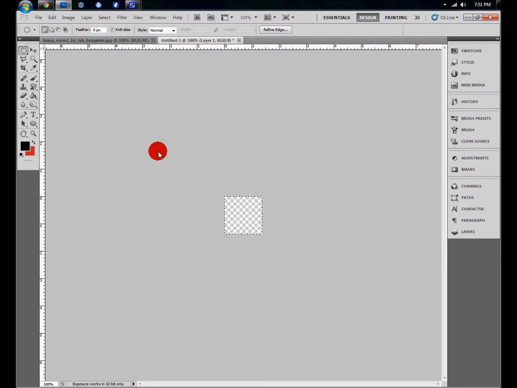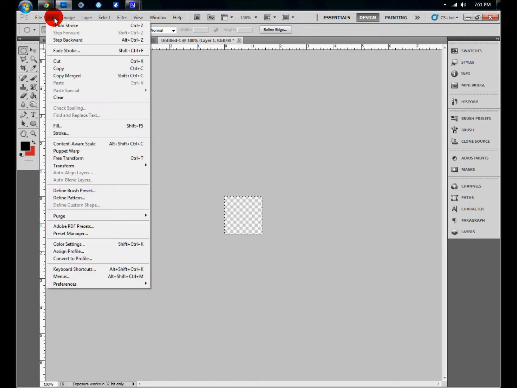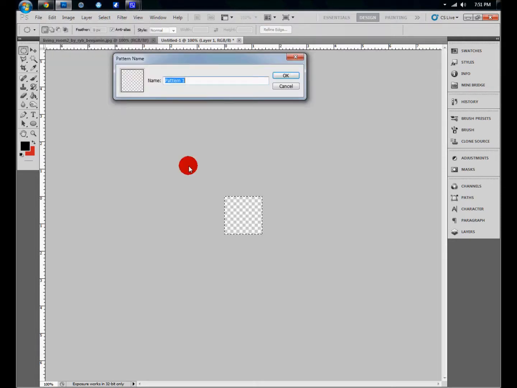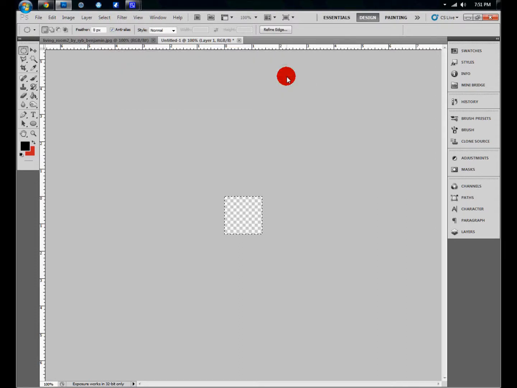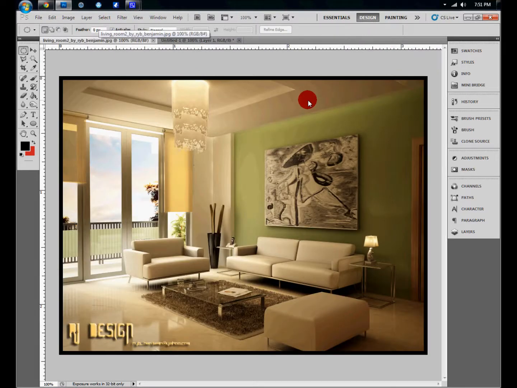Now that we have that, we're going to make a pattern out of it. So go down to Edit, Define Pattern. And I'm just going to name this Transparent Grid. So now that I have my pattern, I'm going to go back to the old photo and I'm going to